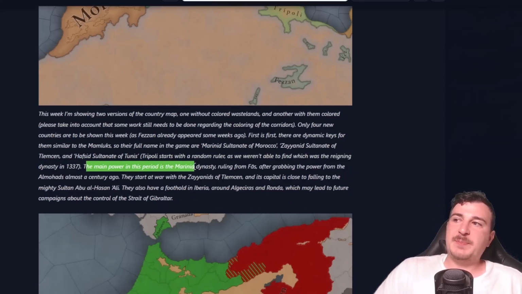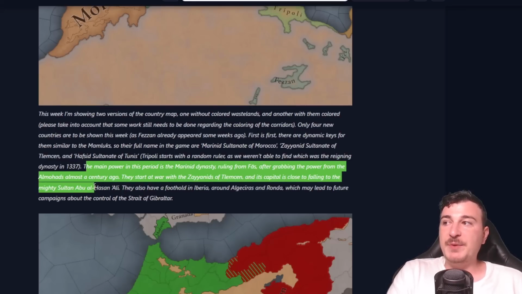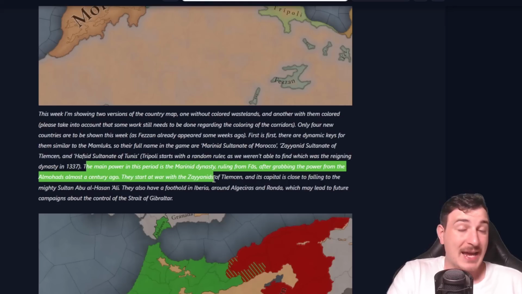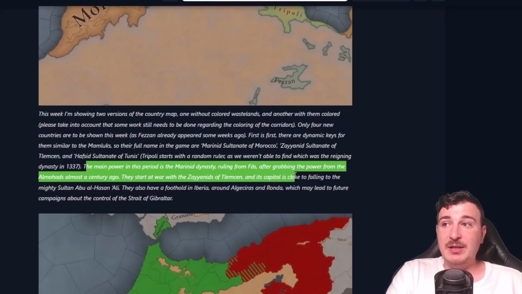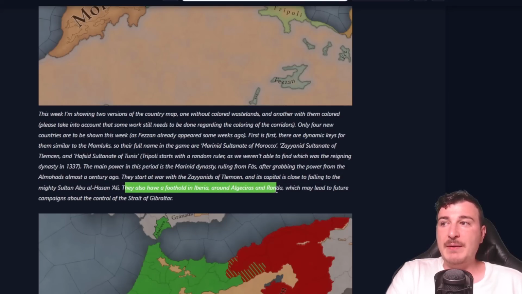The main power in this period is the Marinid dynasty of Morocco, ruling from Fas. After grabbing the power from the Almohads almost a century ago, they start at war with the Zionids of Tlemcen, and its capital is close to falling to the mighty Sultan Abu al-Hassan Ali. They also have a foothold in Iberia around Algeciras and Ronda, which may lead to future campaigns about the control of the Straits of